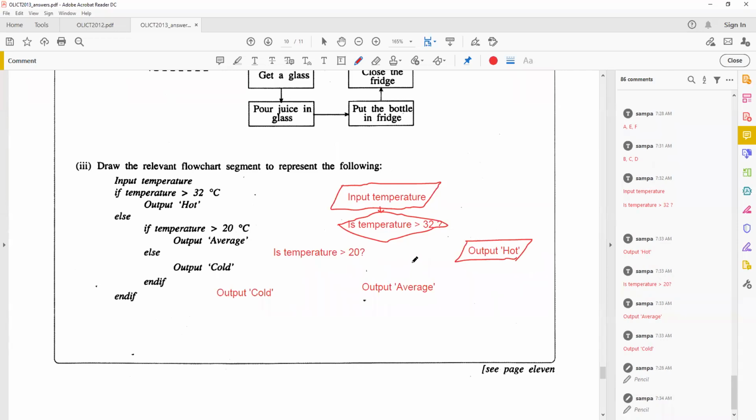So this should be yes. Remember to connect properly. I have seen some of you did not connect properly. And then this should be yes, isn't it? So that yes, you should put it there. Then there is another decision block, if it is less than 32, right? So this is one decision block. So if it is no,